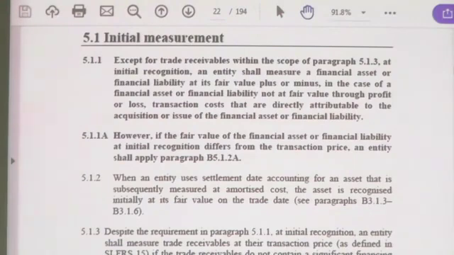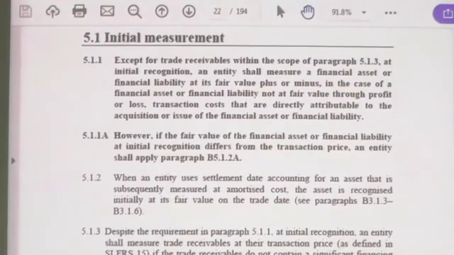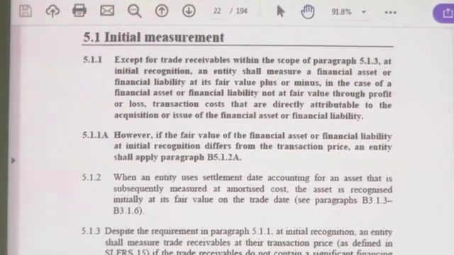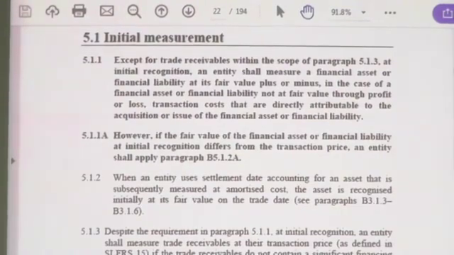What you need to do before you reach the classroom next Monday evening: all the paragraphs I highlighted today, please read and come. Because next day I am going to do many examples to show how to apply this, including the impairment. Then you can easily understand once you read it clearly. Right. Thank you very much.